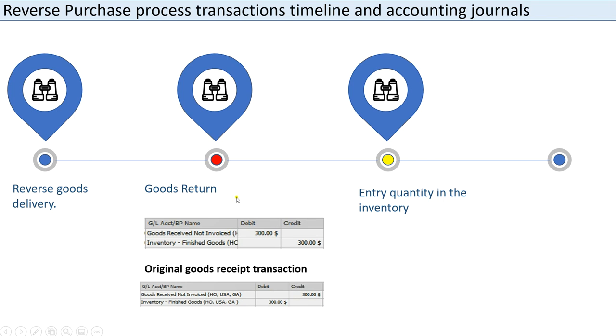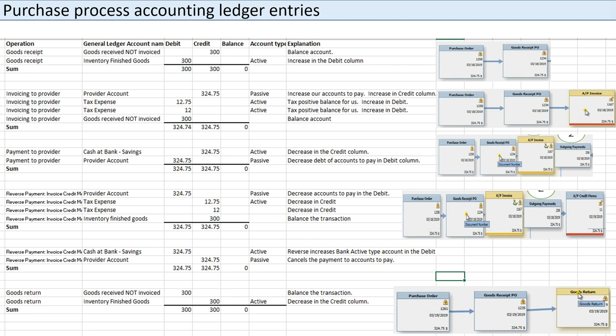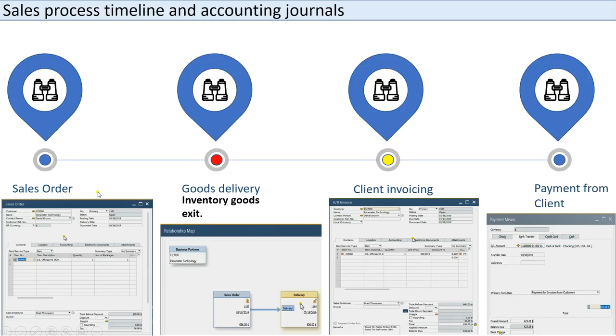At the same time, we are going to cover step by step what happens with the accounting journals since we make a delivery or receipt of the products, the invoicing and the payments, in this case of the purchase, and on the sales, how we make a sales order for a goods delivery to the client and how it affects the accounting journal, the client invoicing and the payment from the client,